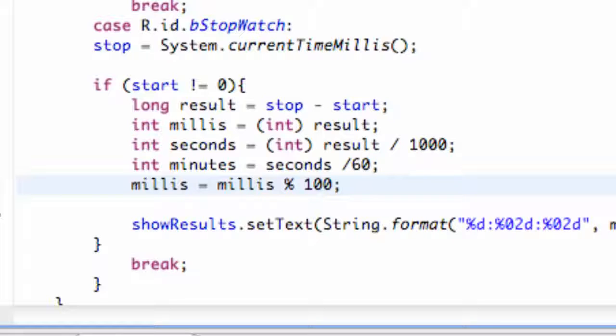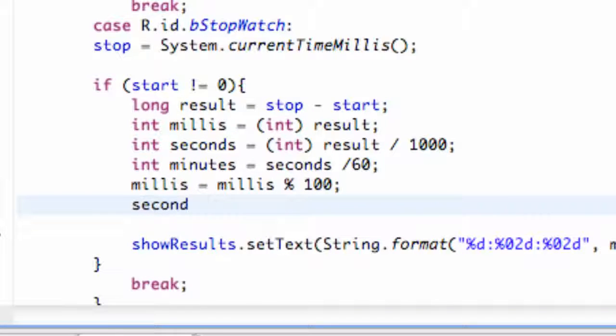What that is going to do is take our milliseconds, divide it by 100, and whatever's left over, take that and set it equal to. I don't know if that makes sense, but we're also going to do that for our seconds. So we're going to say seconds equals seconds, take the remainder of